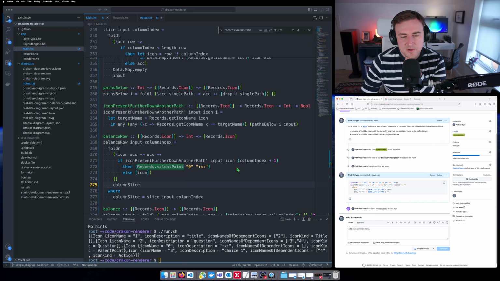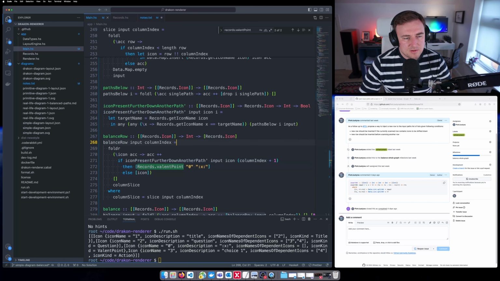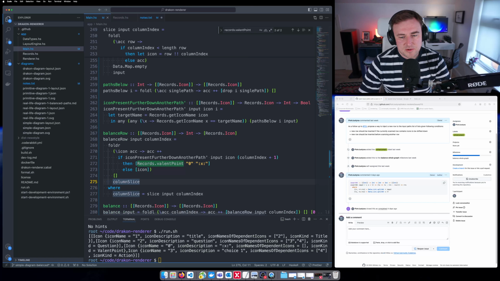So, okay. So now I'm thinking that if this function balance row is supposed to return a single row,